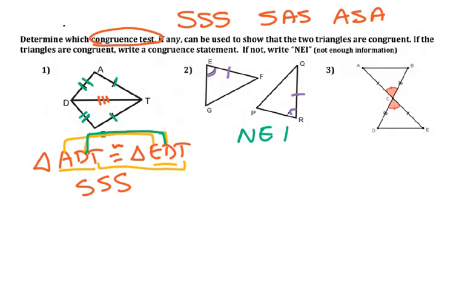Okay, number three. We see that AC is congruent to EC. We also see that BC is congruent to DC. Now, right now, we've got these angles marked as congruent, but even if they were not marked, we would know that they're congruent, because they're vertical angles. Vertical angles are congruent. So what we have is a side, an angle, and a side, with a side, angle, and side that matches. So because of side, angle, side, we would say that,